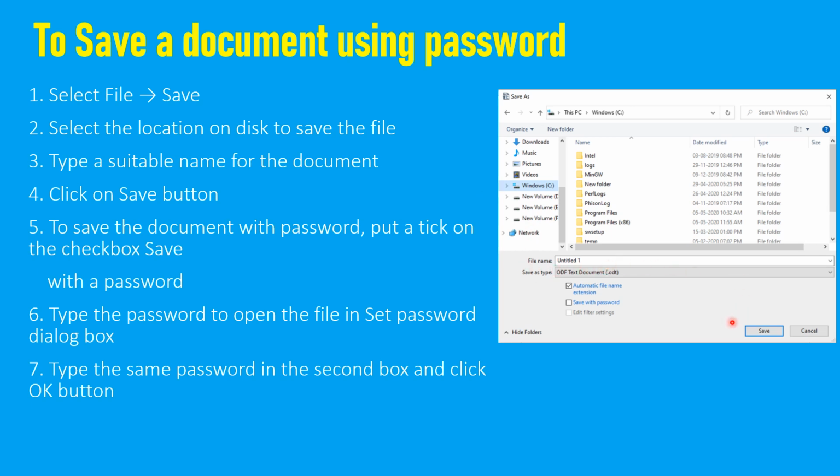Then there is an option where you find save with password. Click on this option, then it will ask you to enter the password, and then it will again ask you to enter the confirm password. Then click on the OK button, then click on the save button. Then next time when you open the file, it will ask you to enter the password.